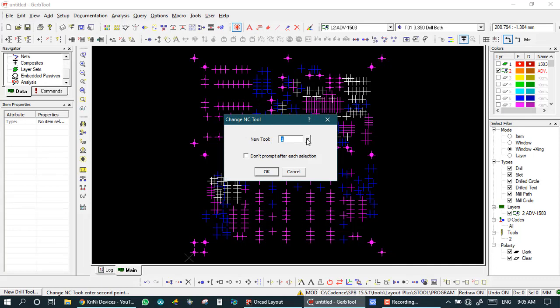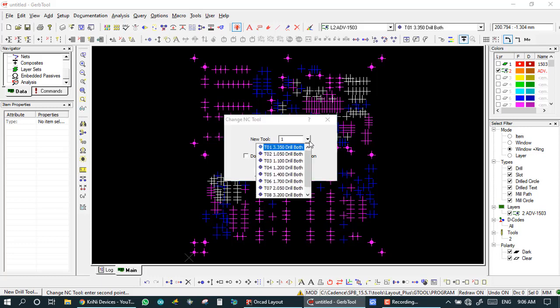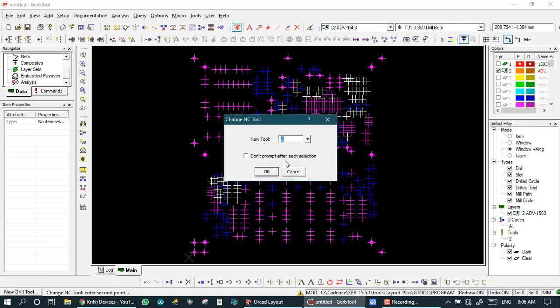Now here the second tool is selected, so the new tool means one. I select tool 3, so the second tool is merged with tool number 3.